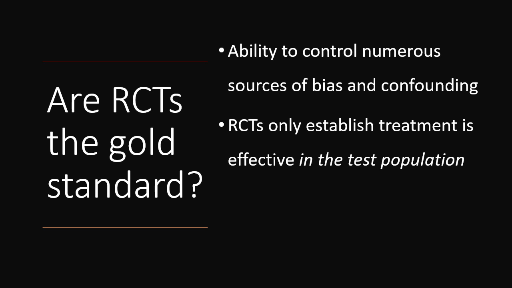For example, most of the drugs developed today undergo double-blind, randomized controlled trials in developing countries. It could be in Africa, India, and so many other places. And the people on which these trials are done are not representative of the population where these drugs will be used, even within the same countries or in the same continent. So all that it establishes is that in the test population, it worked within these statistical limits.